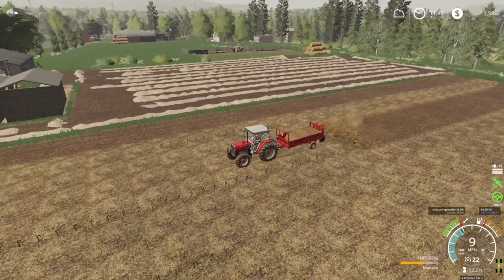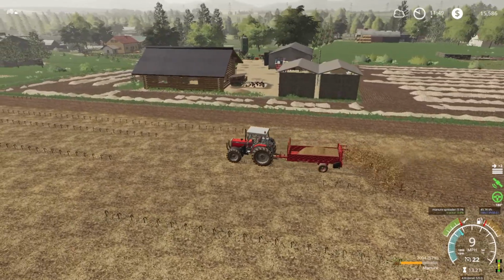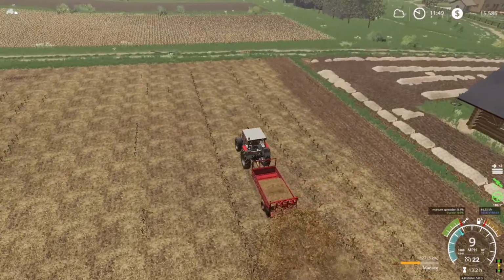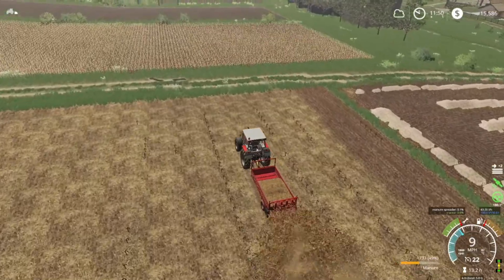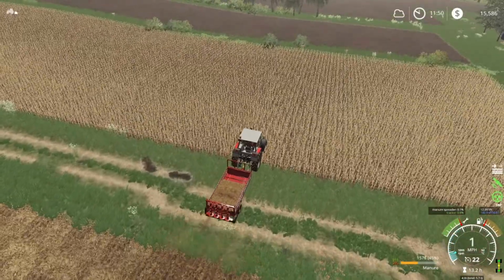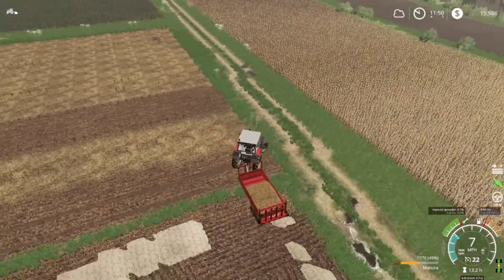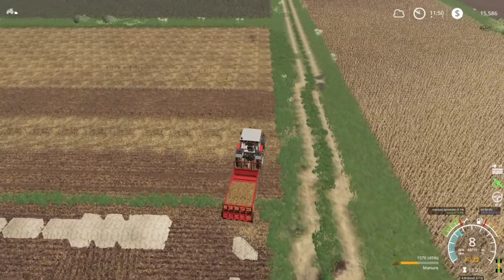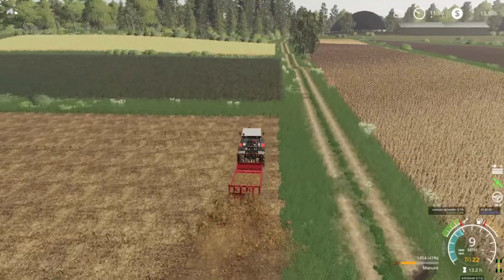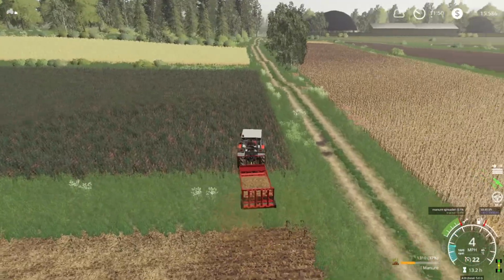I have bought a trailer, a little single axle trailer. Reason being is because we've got the little Ferguson trailer that holds 3,000 liters. That's fine, that's dandy. But we've only got the one, so when we need to do bales, we've got to convert it. So if we just leave that one in the bale loading setup, that'll be a lot easier than having to switch back and forth between the two setups all the time. This trailer that I bought does have a bale setup as well, but it's got a much higher capacity than the Ferguson trailer, so I think we're just going to stick with the Ferguson trailer as the